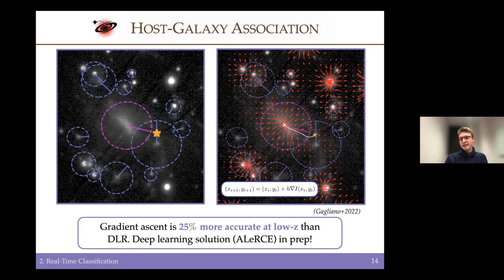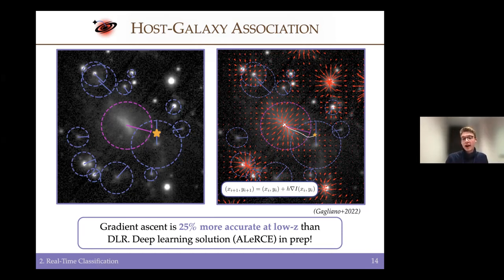The problem is this method really relies on accurate host galaxy radii at the catalog level. And so on the left, you can see where this really goes wrong, where this whole thing is one host. You have spiral arms that are kind of fragmented into these HII regions, these clumps. And in Pan-STARRS, each of those are reported as different sources, and their sizes are horribly estimated because the source fragmentation algorithm struggled to identify it all as one object. So this is where directional light radius really goes wrong.